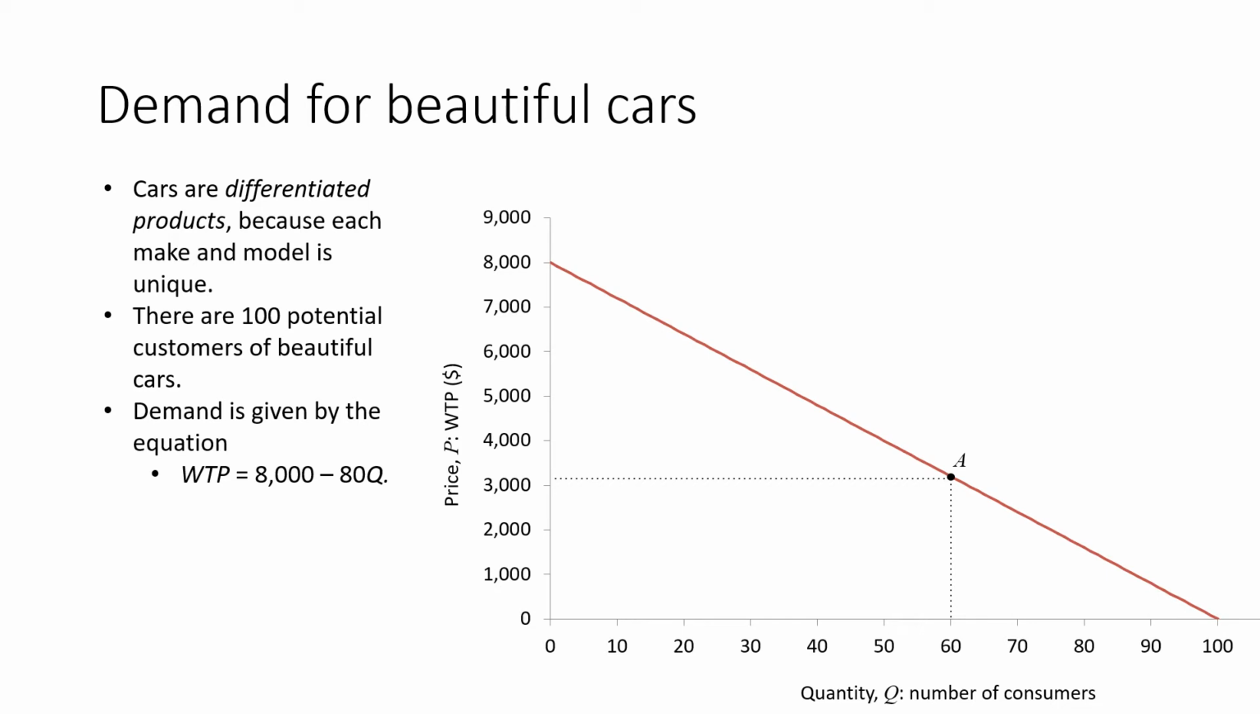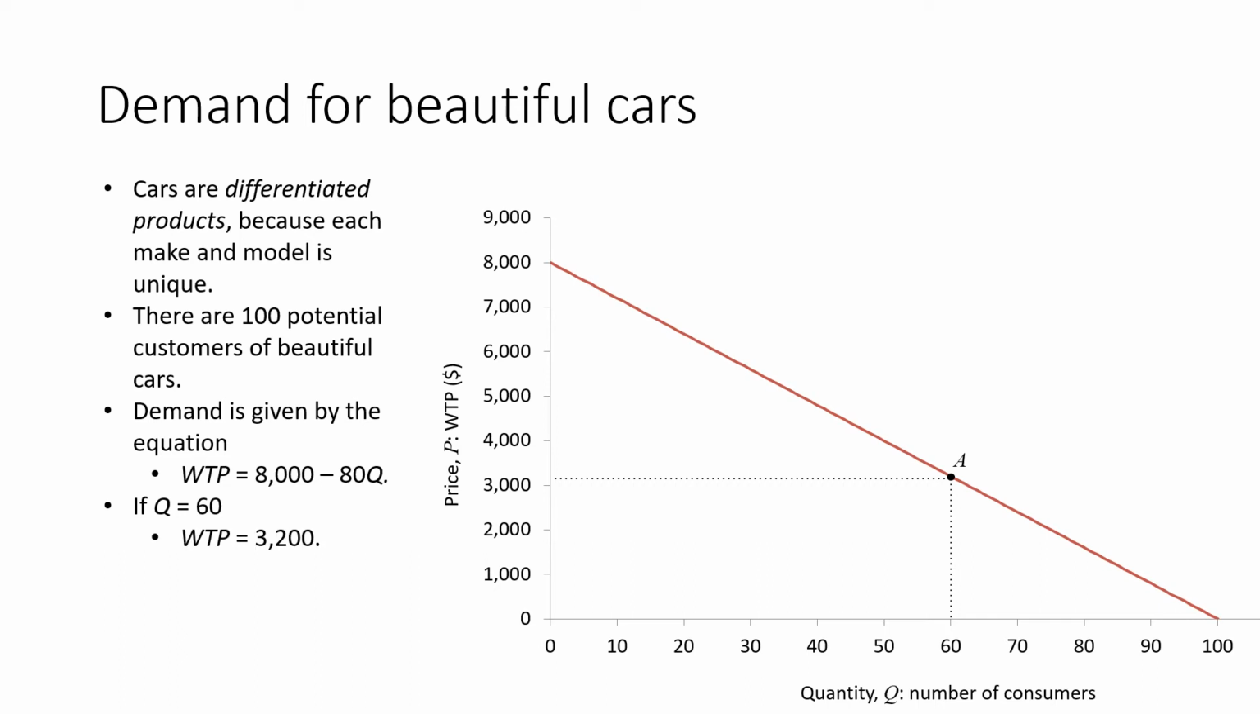Why are we having this willingness to pay equation? Because willingness to pay is like in the demand curve, where the maximum is 8,000, and 80 is 8,000 divided by 100. Then 8,000 minus 80 times Q makes our total willingness to pay. For example, if Q is equal to 60,